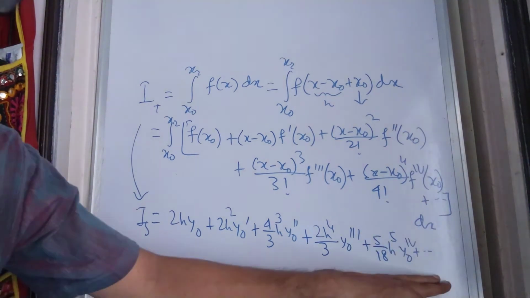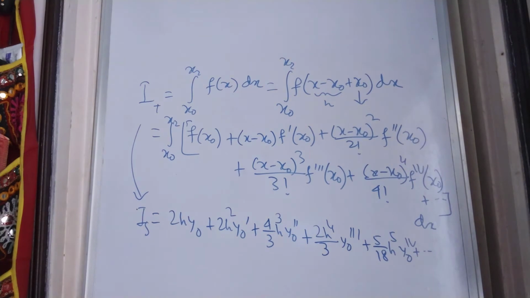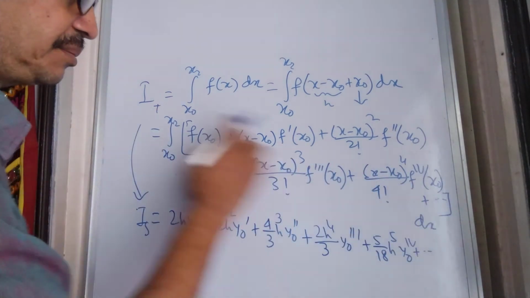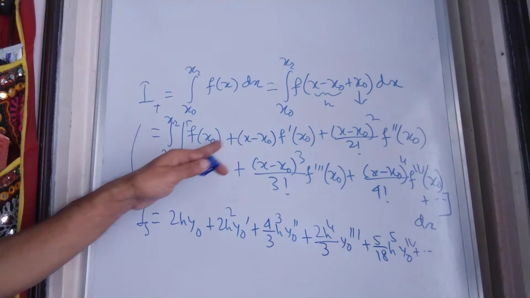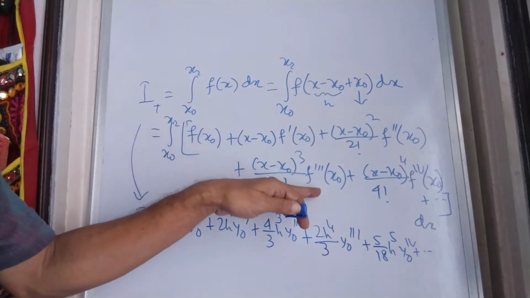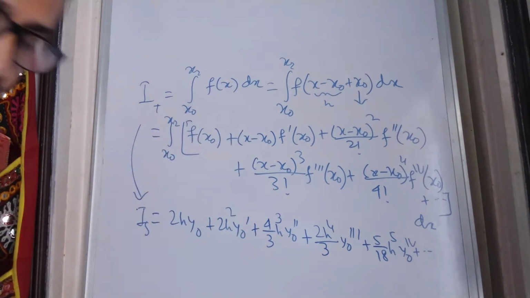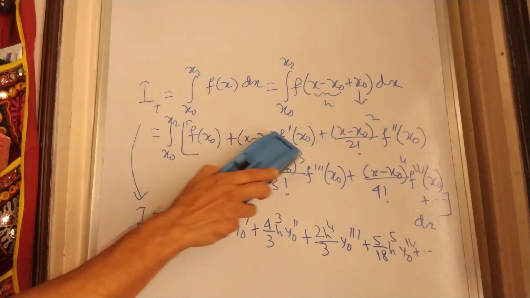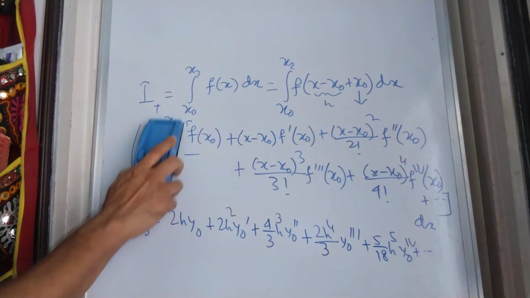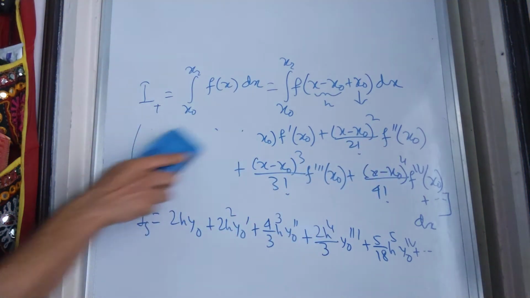Since we will compare this with this formula only, we stop here. And you integrate it term by term. Just see that all these f(x0), f'(x0), f''(x0) are constants, and we replace them with y0, y0', y0'', and so on. So let us rewrite this as